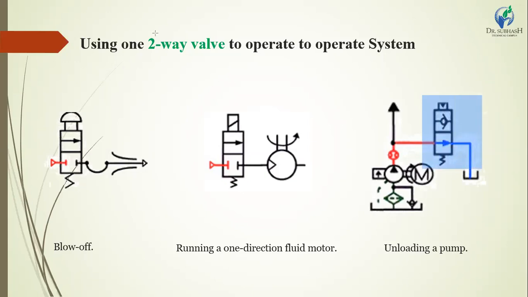The first connection is connected to this main hydraulic line. The secondary connection is connected to a hydraulic tank where the oil drains from the system. Here the one check valve is attached. If the pressure goes higher than the critical limit, the hydraulic oil drains automatically to the hydraulic tank. That's also called this 2 by 2 valve, an unloading valve, which we use to unload the hydraulic oil from the hydraulic circuit to the hydraulic tank.